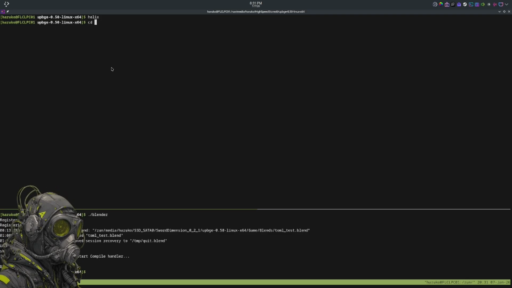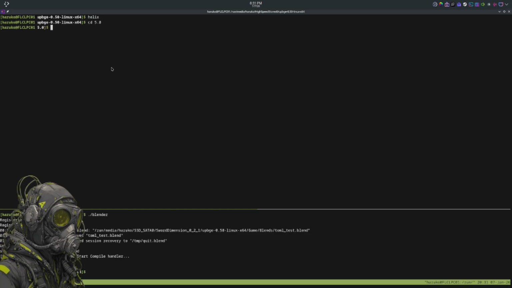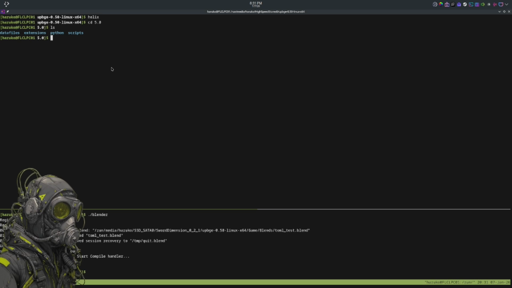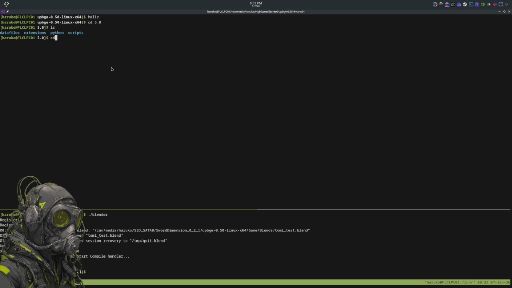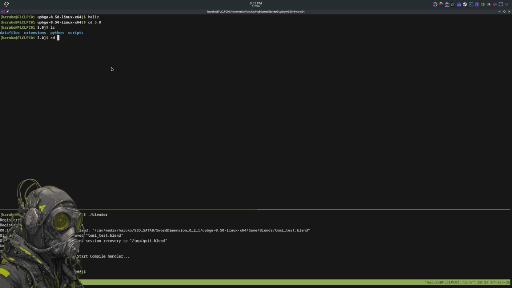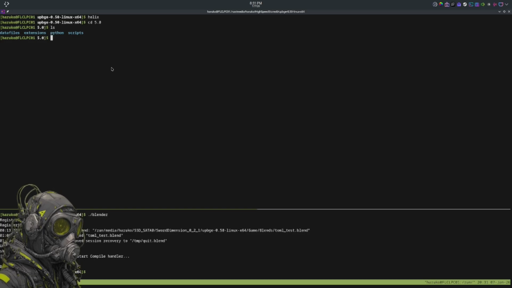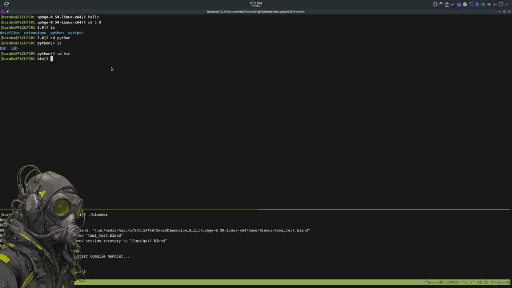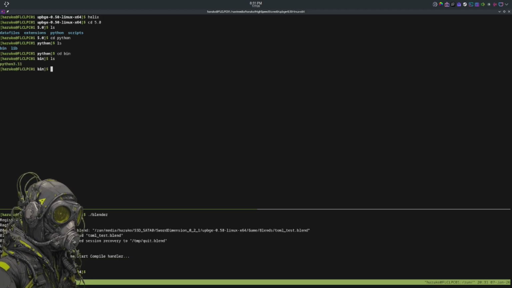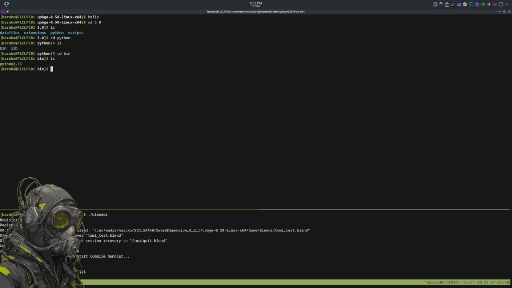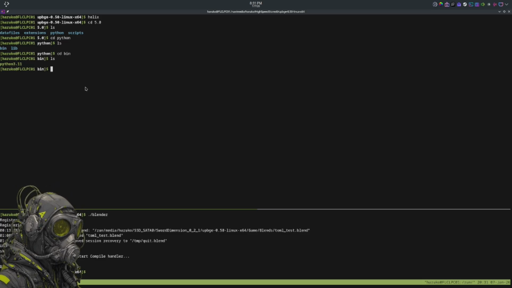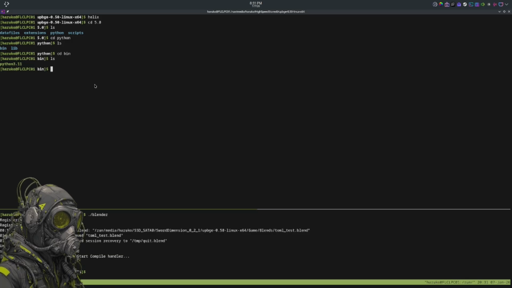We need to go in the 5.0 folder, and then the Python folder, and we go in the bin folder, and you'll see here that we got Python 3.11 installed in this folder inside UPBGE. So in order to get